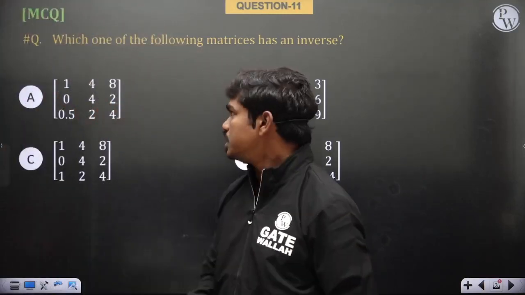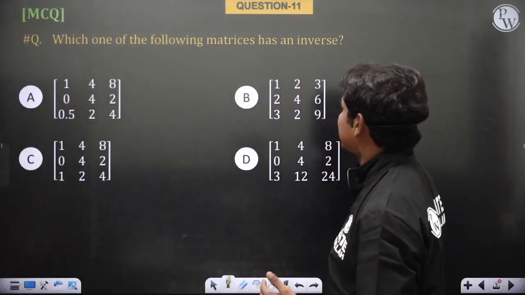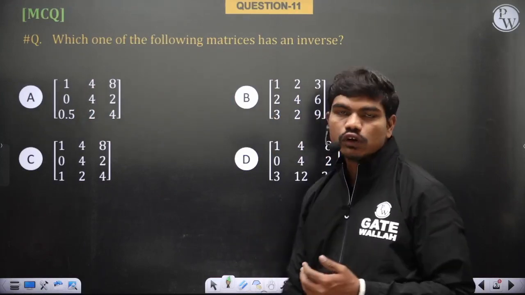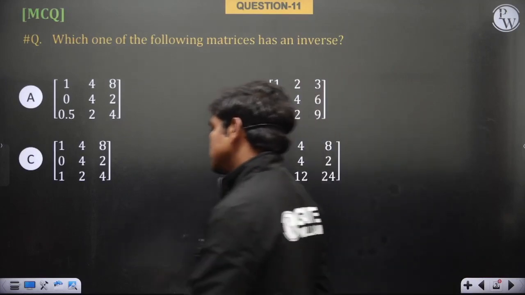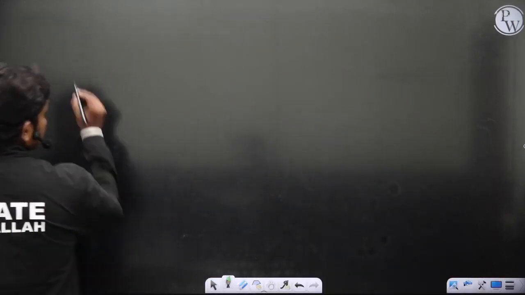So let's solve this question. Which of the following matrices has an inverse actually? Okay, so first of all, for the matrix to have an inverse, ultimately it has to be a non-singular matrix, right? So let's start. For a matrix